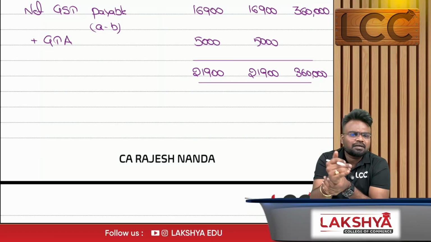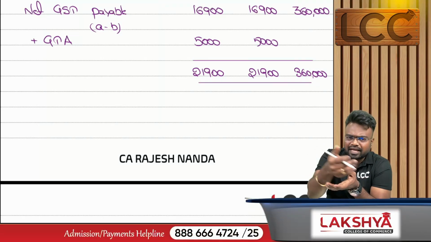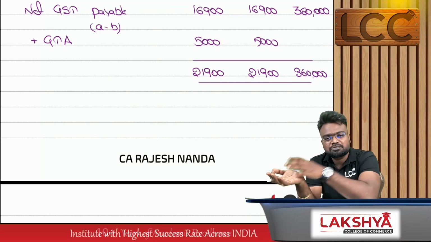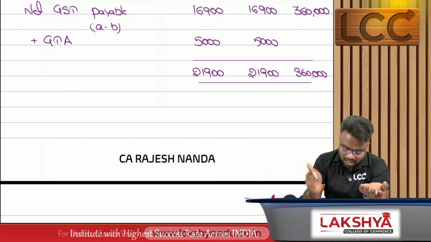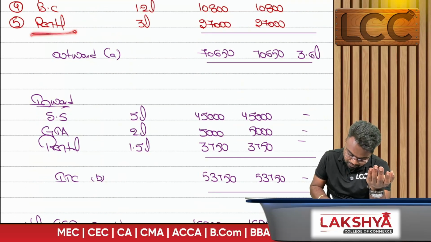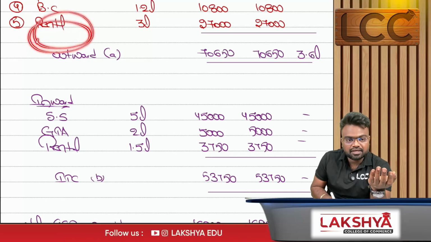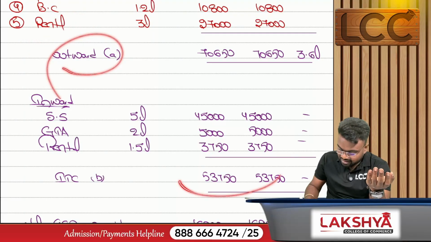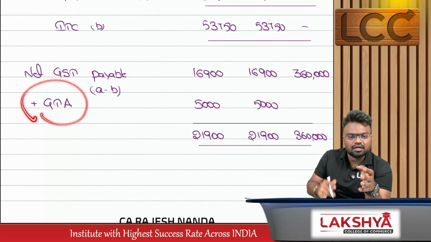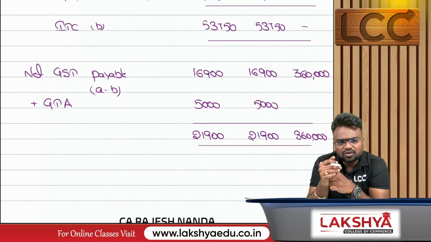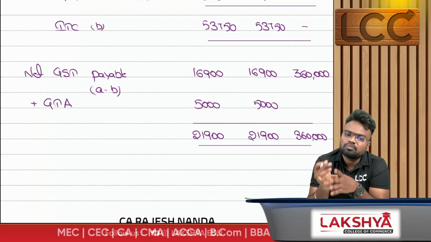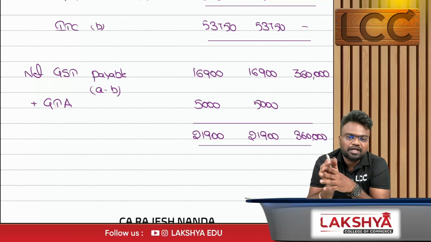And after this, keep something called a working note or any important points. Give some explanation like where the exemption is possible, where the exemption is not possible, why we added GTA here and not in the other case, because when we add GTA here, it is part of outward and inward. So maybe there is a chance of ITC. That is why we added GTA here. So keep writing all these points so that the invigilator feels that you know the concept deeply. Hence, he'll award you more marks. That is how we need to present.